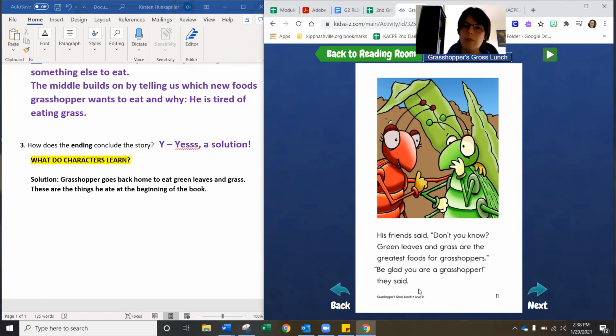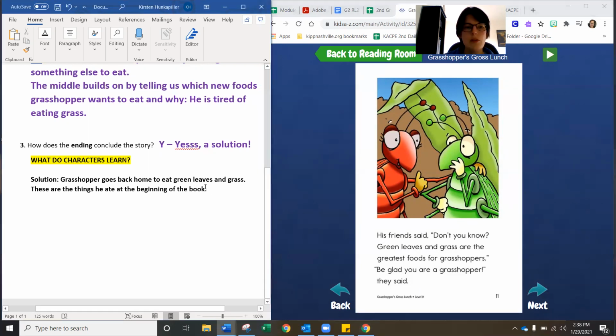So it seems like Grasshopper wanted to try new things. He tried them all. He didn't really like them, and he came back to what he used to have. So that tells me that you should be thankful for the things that you have. So what the characters learn: Grasshopper learns that he should be grateful for what he has. He now likes his food,